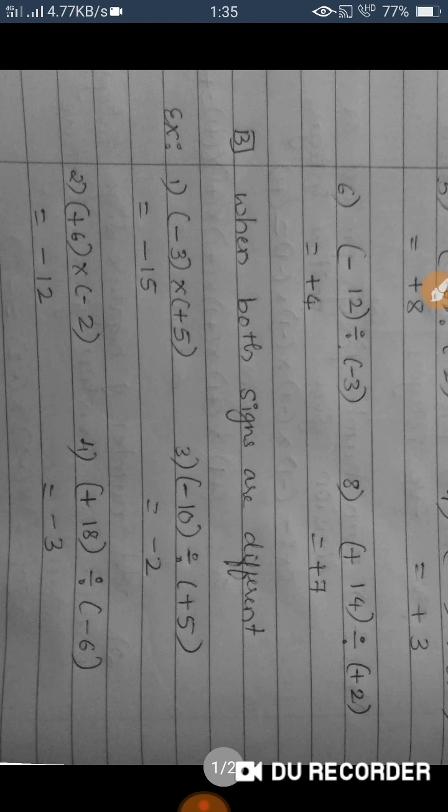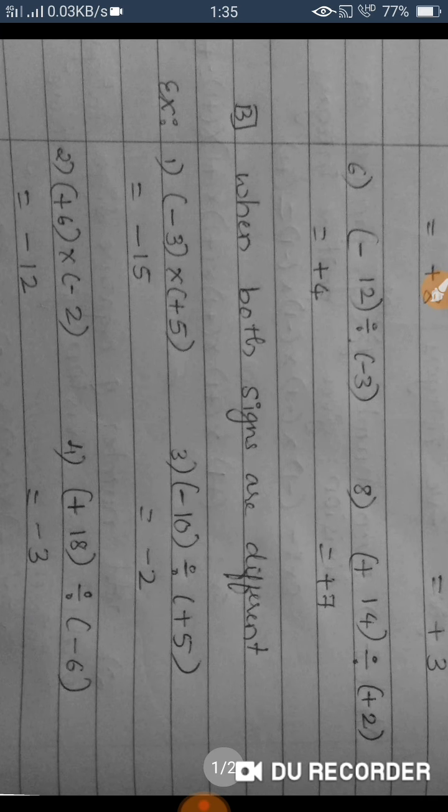When both are same sign, we have done the multiplication and division. What about different sign? Okay, just write the negative sign. Multiplication is there, multiply the numerals. Division is there, divide the numerals. That's why I have written a few examples here. So I hope you understand before. So first example,